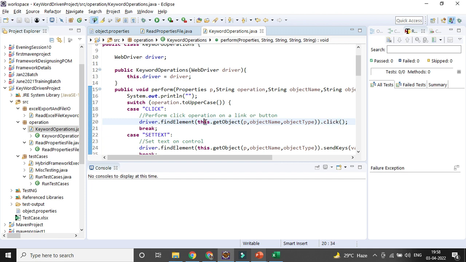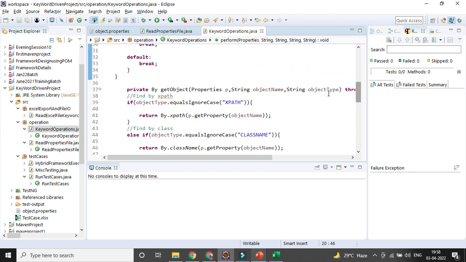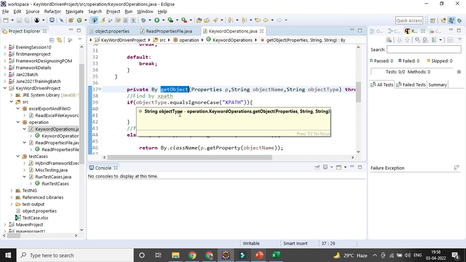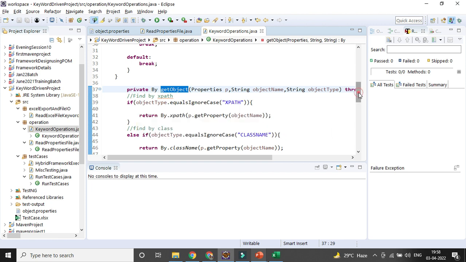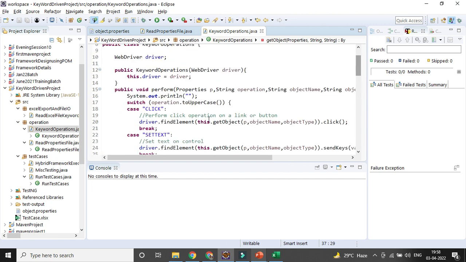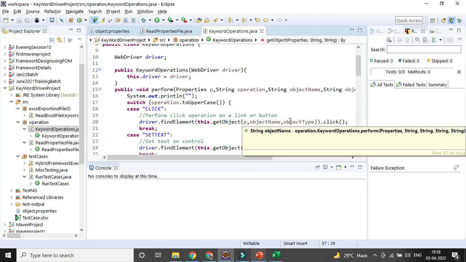With the help of this driver. This equal to this driver. It will get the object, and then you can see the object from where it is getting it. It is getting from that object. So by dot XPath, right? You can see. So automatically it is matching here. Driver dot find element, then by dot XPath, and you are giving the XPath value,